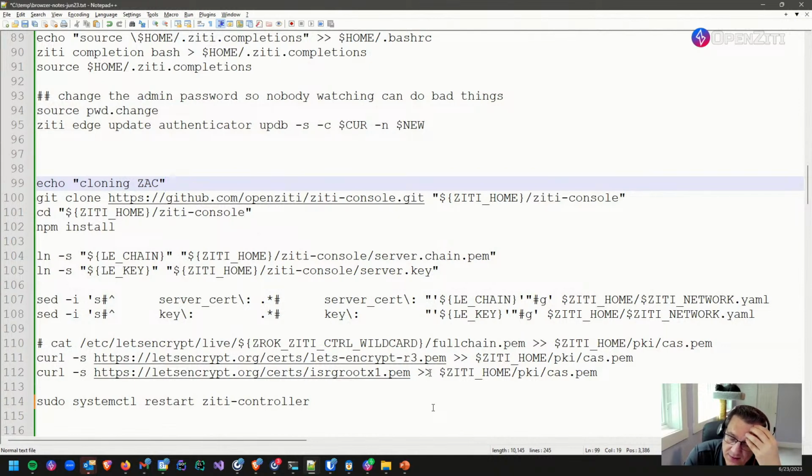And that ends up causing a problem with OpenZiti because it wants to find a single chain or a single certificate authority. I don't remember if it was finding the wrong one, but if you don't do this, it doesn't end up working. So you're tacking on the Let's Encrypt issuer cert chain to the trust bundle